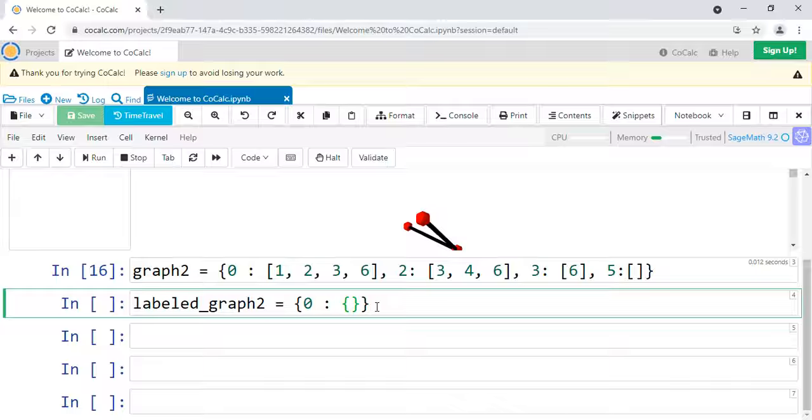So if we want the vertex 0 to connect to the vertex 1 as we had before, then colon, and then the name of that edge that will connect the two. So let's call it A. All right. And then comma, then vertex 2, which will also connect to the vertex 0, then colon B. All right. Then comma, then vertex 3, colon C. All right. And so then you close that dictionary off with this curly bracket, put in a comma, and make